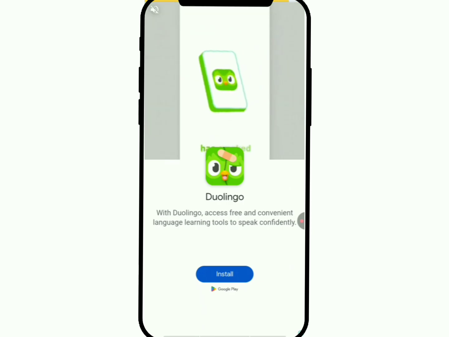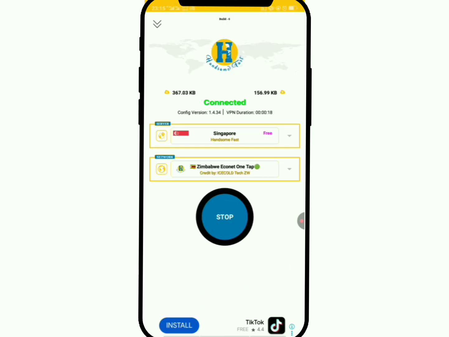You can check the internet speed of the application. So if your application doesn't connect, you're free to choose another server from Zimbabwe, also Econet,